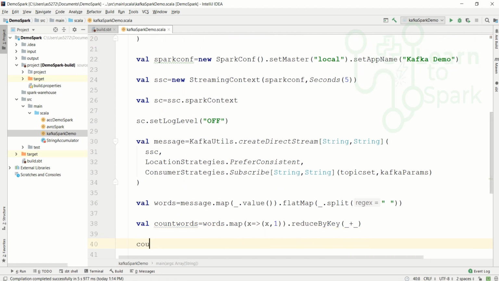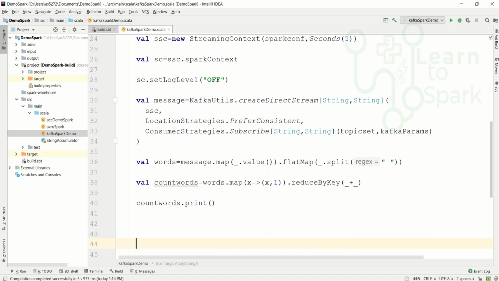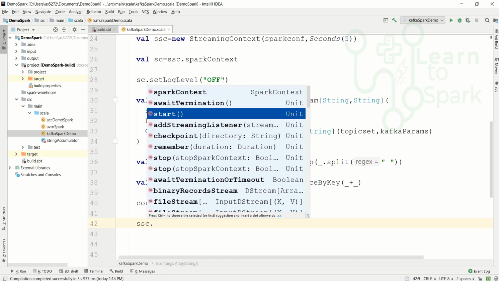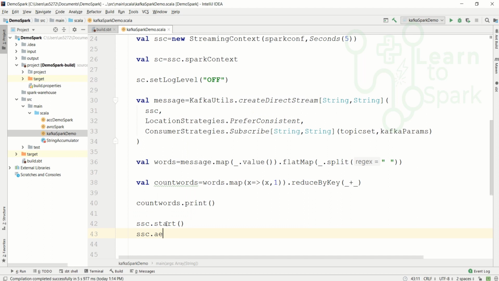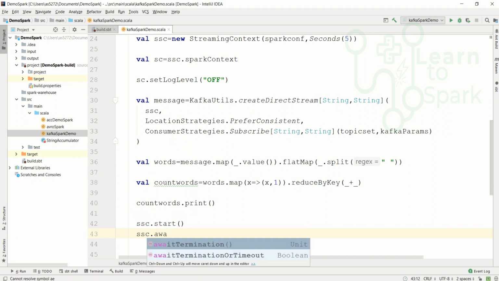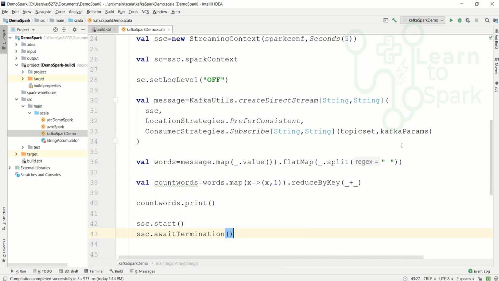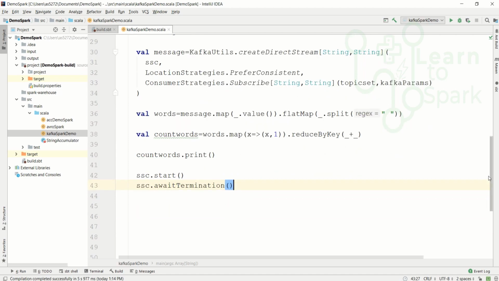Let us print that count. So we are done with the word count logic. Let us initiate our Spark streaming, and also let us give it for awaitTermination. So our code is ready now.